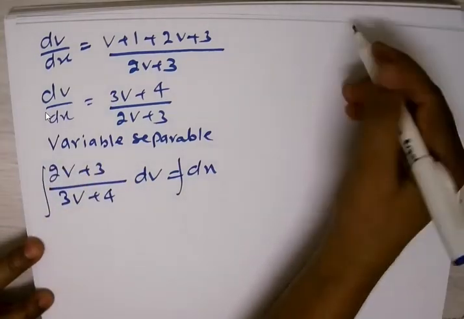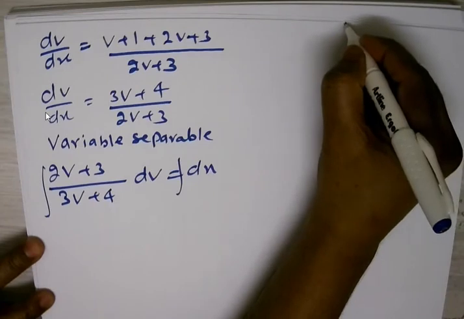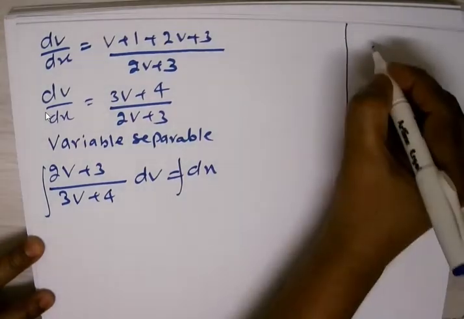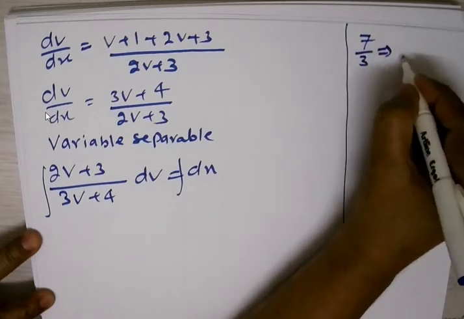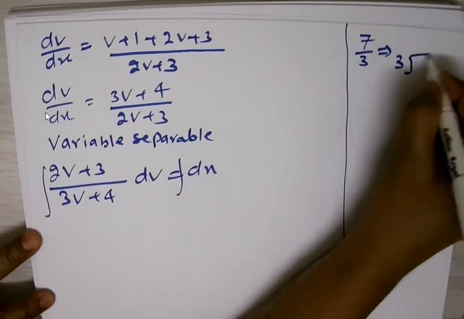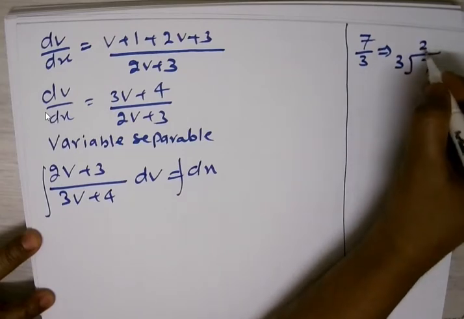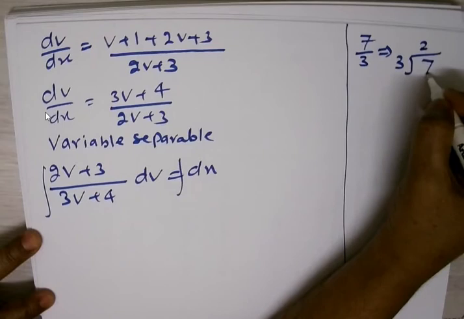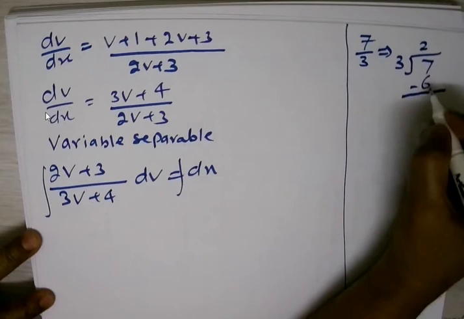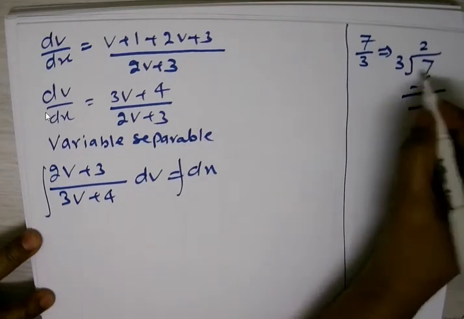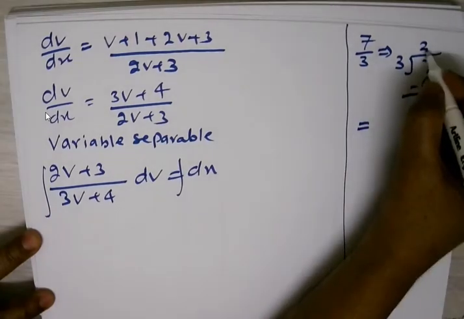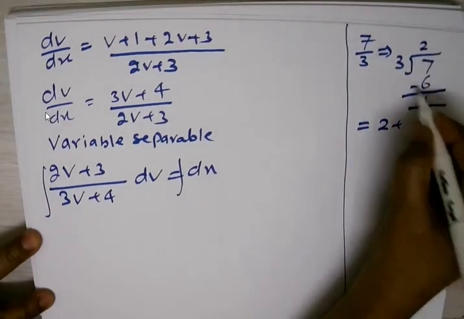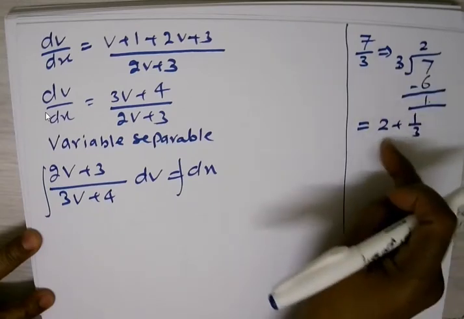So what do we have to do? We want to simplify it by using this concept. The concept is that one. Suppose that I need to divide 7 by 3. What is the method for that? A very easy method: write it like that and multiply in your mind by a number whose multiplication is equal to or less than it. So if I multiply 3 by 2, it comes 6, subtract it. 7 minus 6 is 1. I need to write this in terms of a fractional part. So it will come as 2 plus 1 divided by 3. This is the fractional form of 7 by 3.